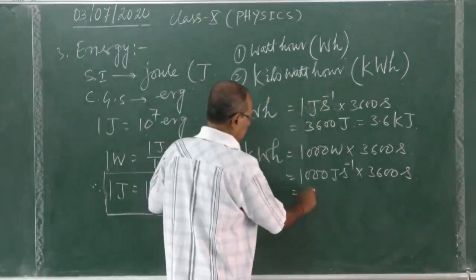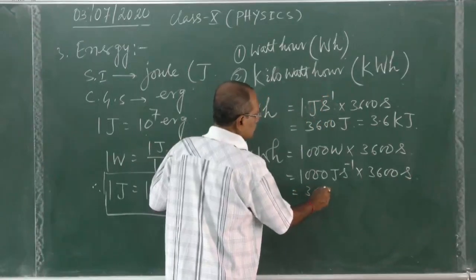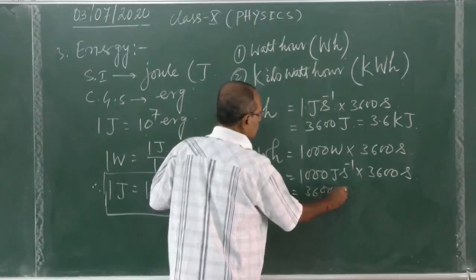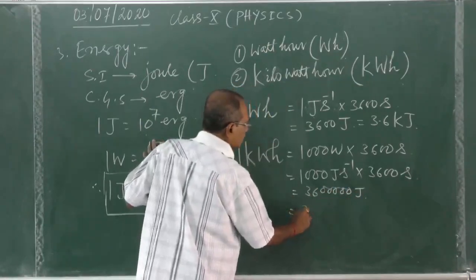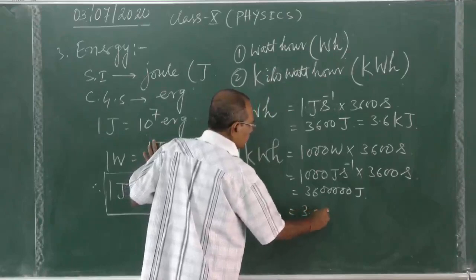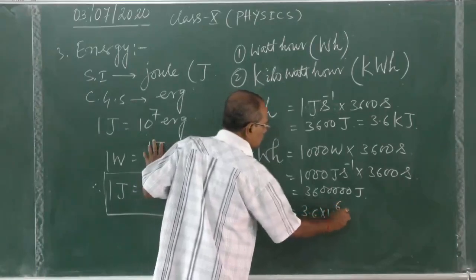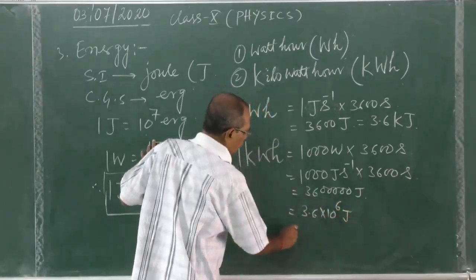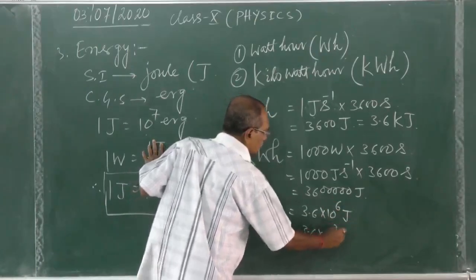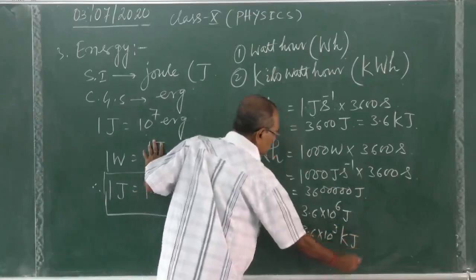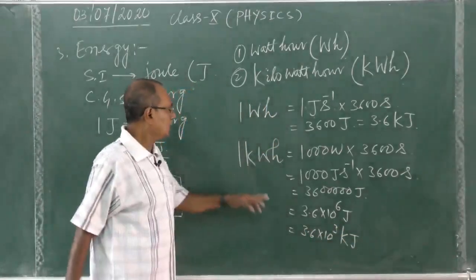So that is equal to 3,600,000 joule. This may be written as 3.6 into 10 to the power 6 joule, or 3.6 into 10 to the power 3 kilojoule. So 1 kilowatt hour is equal to